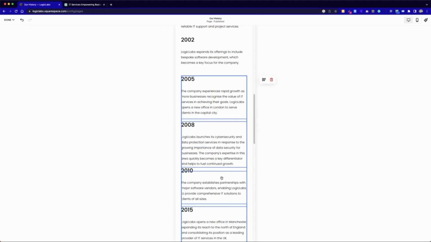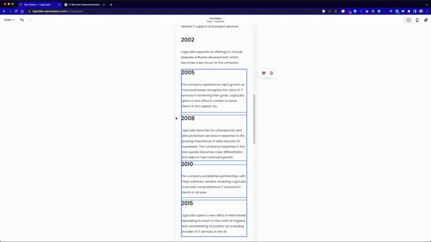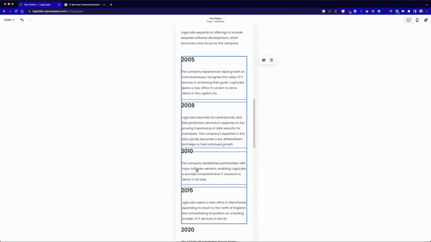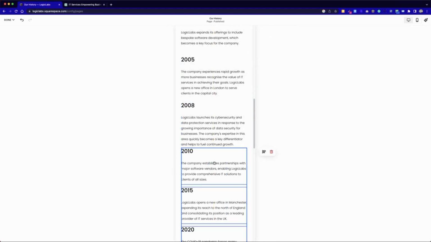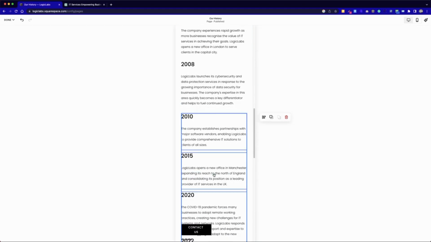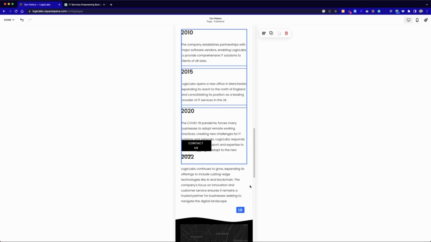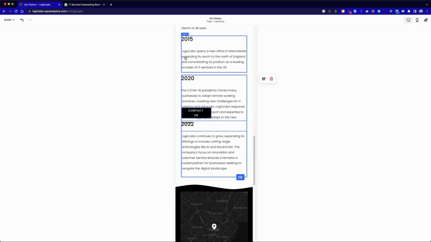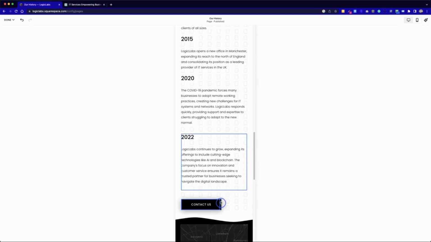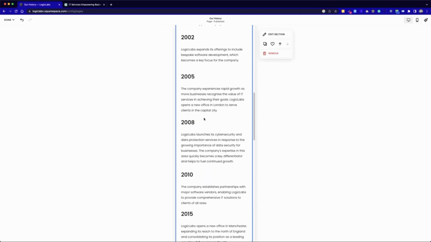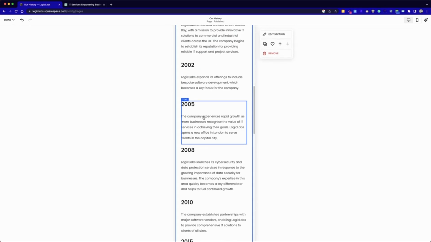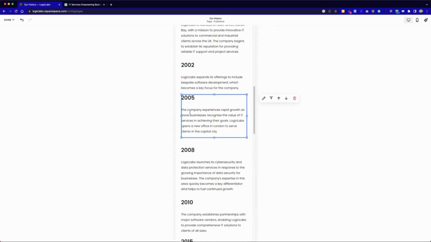As you can see here, I'm selecting multiple blocks at the same time. This will just save time to edit this going forward. So if you select everything below, we're just creating more space for ourselves as we separate each block in this section. And what we can also do now is just increase the width of that button. So the call to action works really well. Okay, as we can see, there's too much space there between